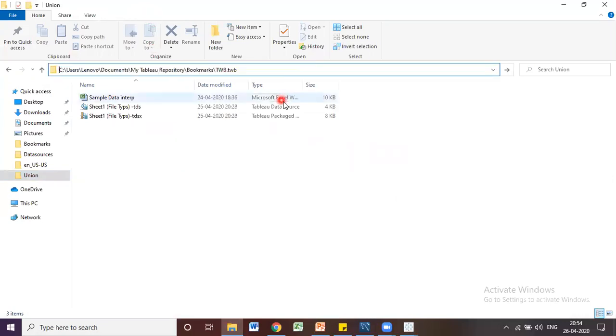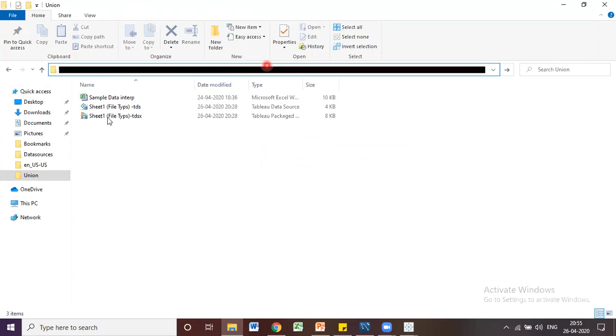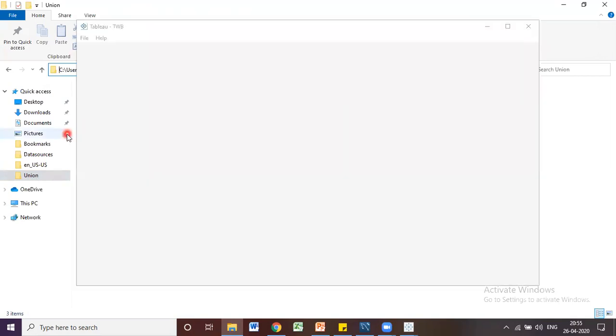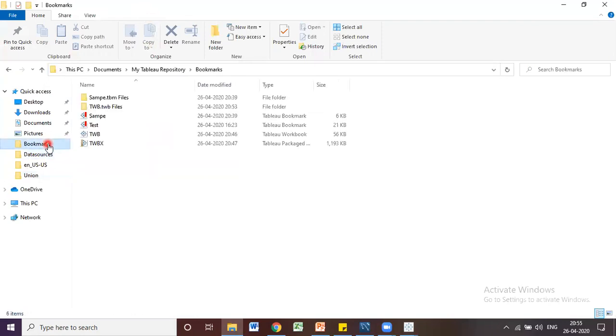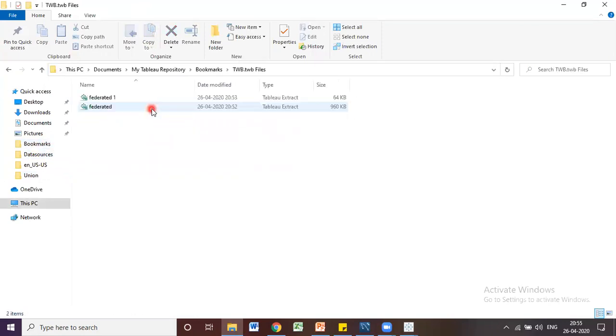Okay, this is not the location. Oh, it is open. Let's go to Bookmarks. Under Bookmarks, the twb files. Yeah, so this is the extract which you have created.